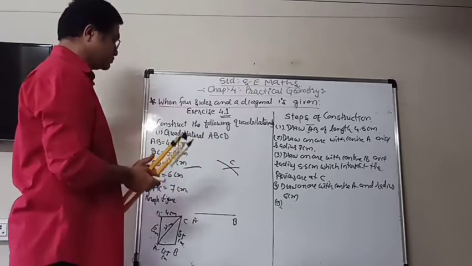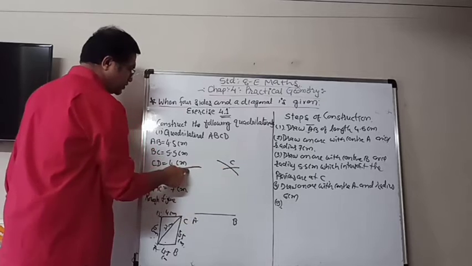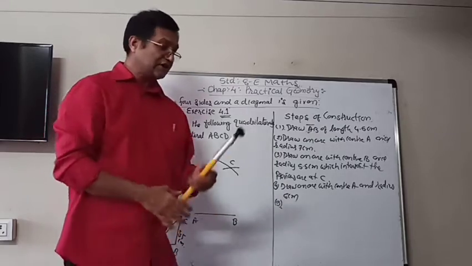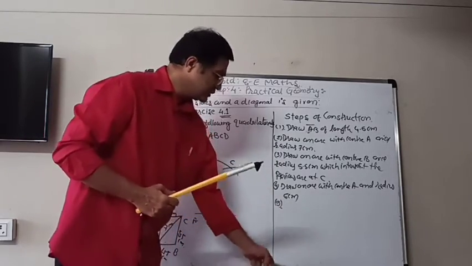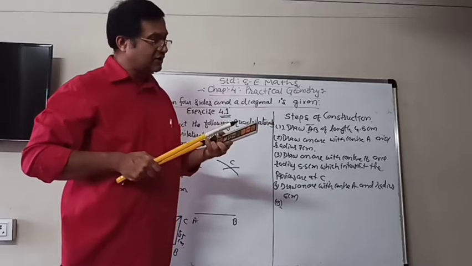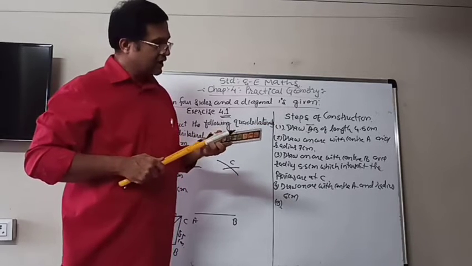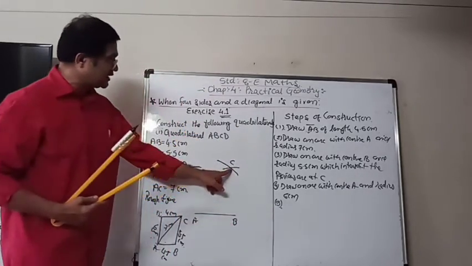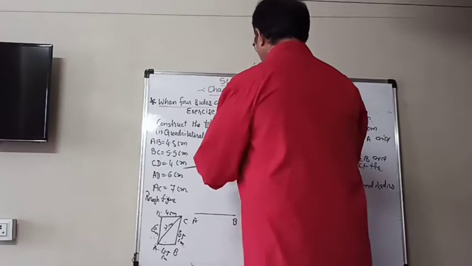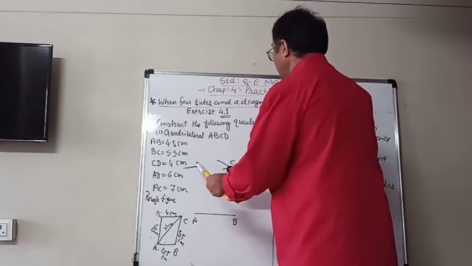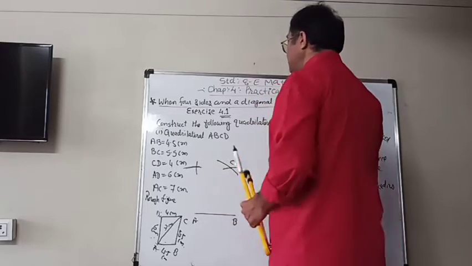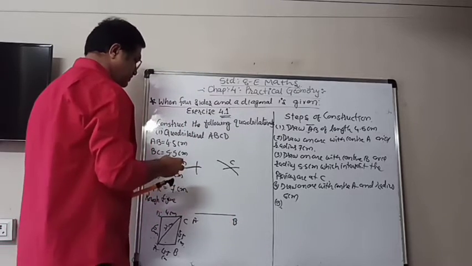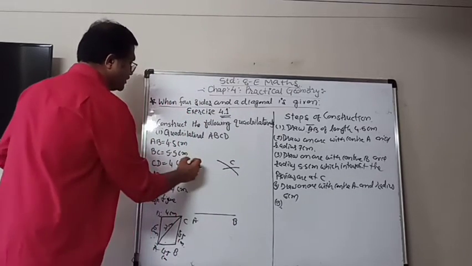Then the last we need from here to here, from C to D, how much? 4. For me 16 centimeter. So now I will take the radius of 16, but you have to take 4 centimeter. I mean 16 centimeter. And from the C exactly in the middle, we have to take the point there and draw the arc which will intersect the previous arc. And what will be the last name there? Point D. That will be my point D.